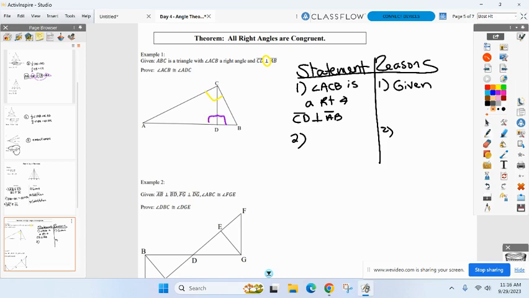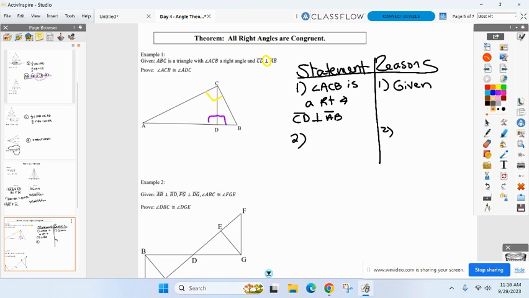Now let's look at the proof statement. Take a look at the two angles I need to prove congruent. ACB, which what did I already mark there? A right angle. And congruent to ADC, which I already marked as what? A right angle. So the two angles I'm asking you to prove congruent are already right angles, so shouldn't they already be congruent? Yeah, and this is what we're going to use: all right angles are congruent. But whoa,